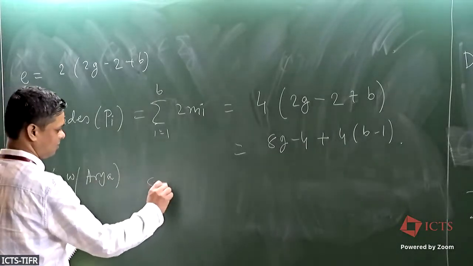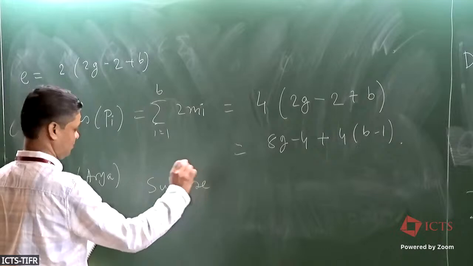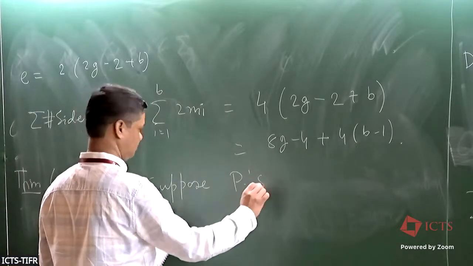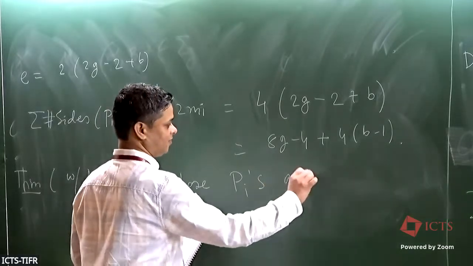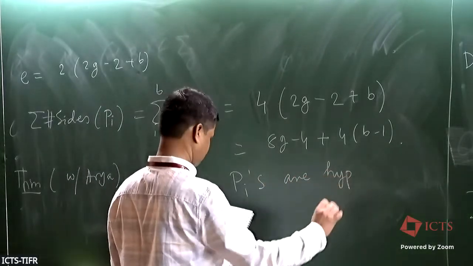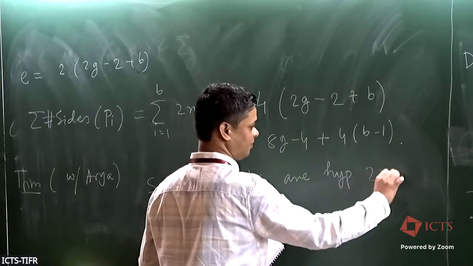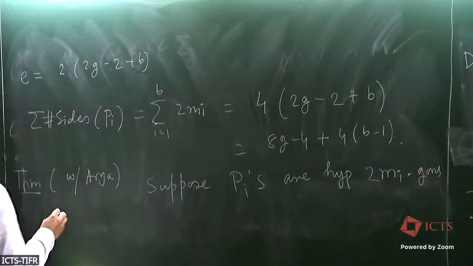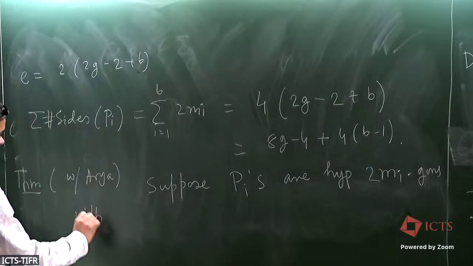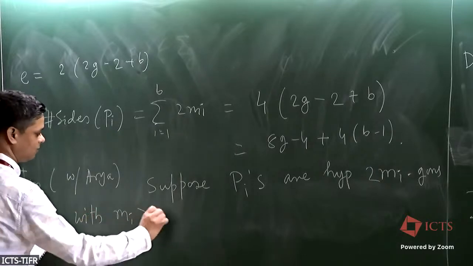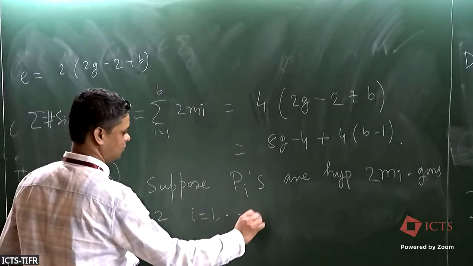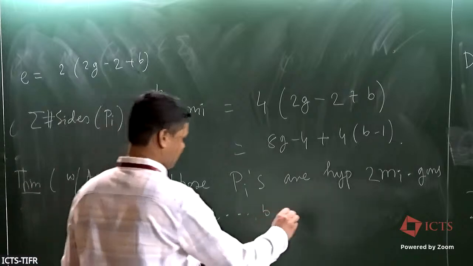Suppose the Pi's are hyperbolic 2mi-gons with mi greater than or equal to 2 for i equal to 1 up to B, and